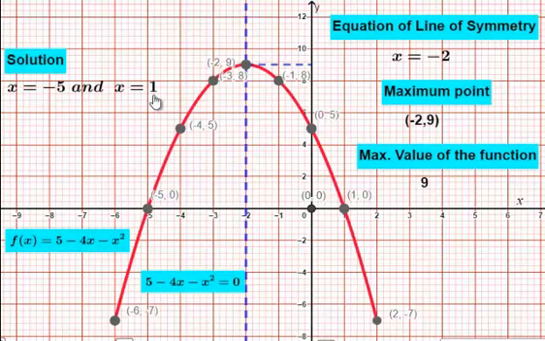But on the graph, when you are asked to use your graph to find the solution, never go and calculate. They can be found on the graph. Where on the graph can we find the solution? The solution is found on the graph at where the graph intersects the x-axis. And we can see that on the graph